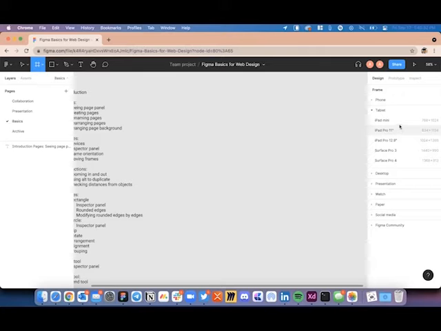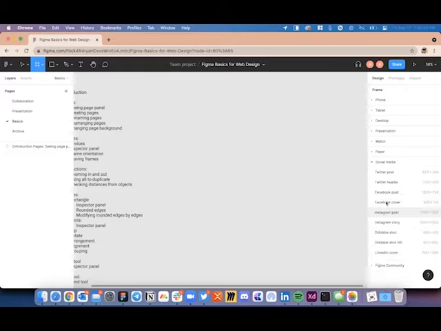For tablets, right from iPad to Surface devices. For desktops, iMacs, MacBooks. You can also create presentations with specific aspect ratios. You can also create apps for Apple Watch. Or if you are creating a document, you can choose any size, right from A4 to tabloid. And it also allows you to create social media posts for Twitter, Facebook, Instagram, LinkedIn covers, etc.